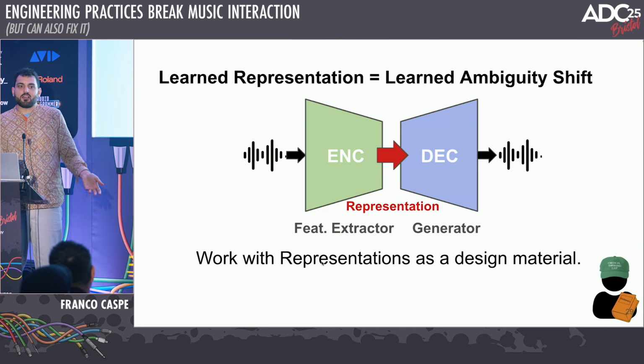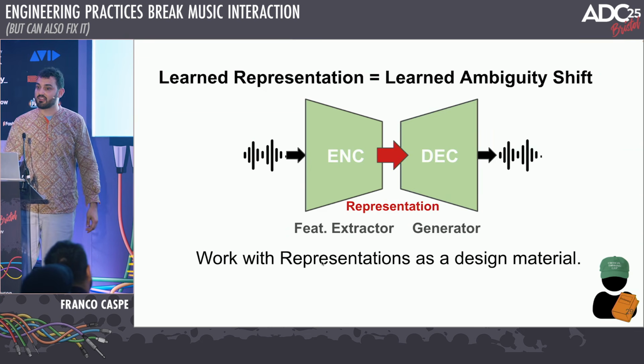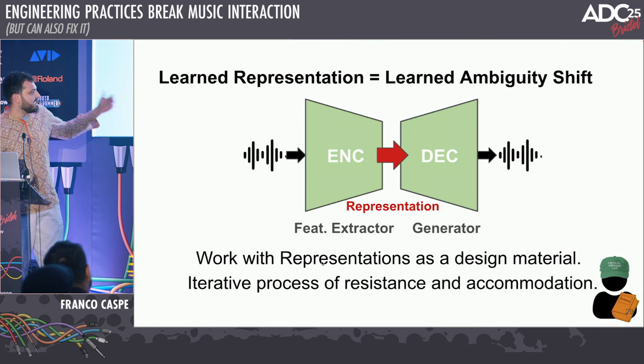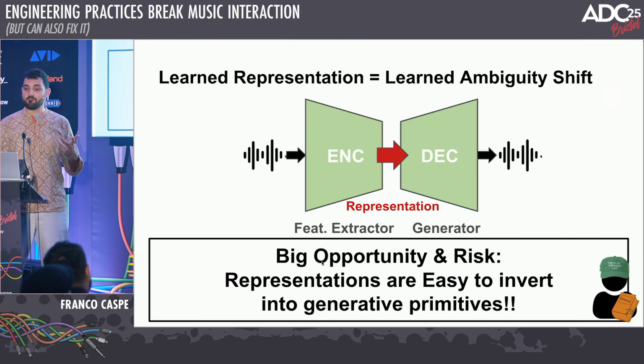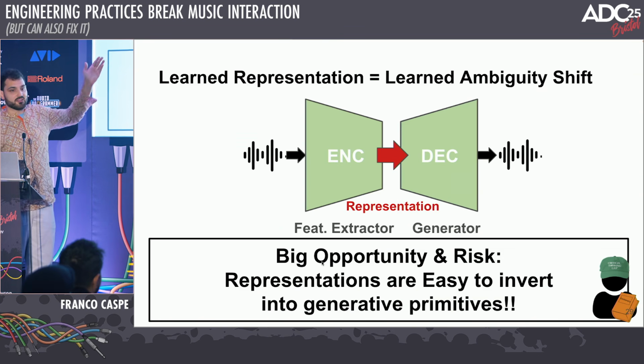In other words, make it sound good, make it work well. And I know that if I do that, I can also invert it into audio anyways, and I can still use the same training data. So this is an iterative process of, it's called resistance and accommodation. And there's a big opportunity here because neural representations are easy to invert into generative primitives using a